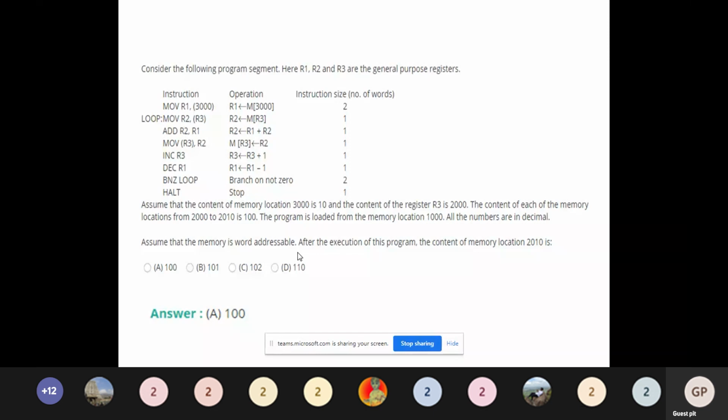Then we have the set of instructions given. Move R1, 3000: this instruction is of size 2 words, so it requires 2 words.